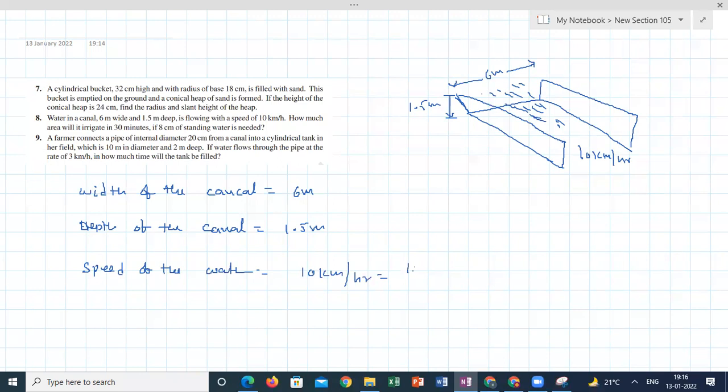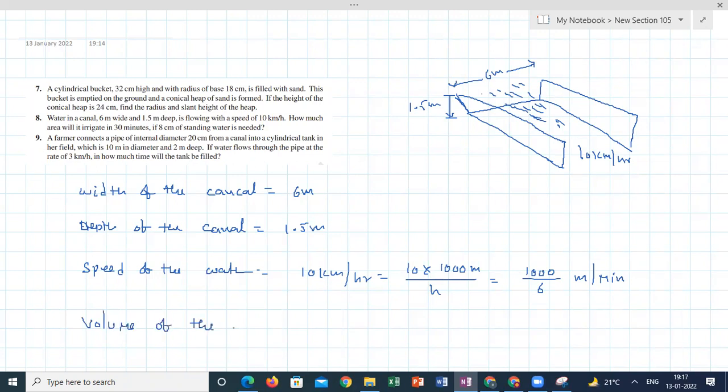That is 10 into 1000 meter per hour. If I convert into meter per minute, it is 1000 by 6 meter per minute, because the standard dimension should be in meter per minute, as he mentioned 30 minutes it's flown. So the volume of the water in 30 minutes,